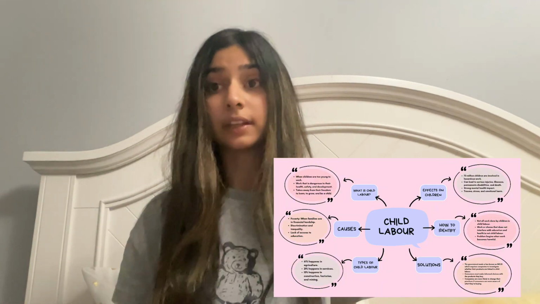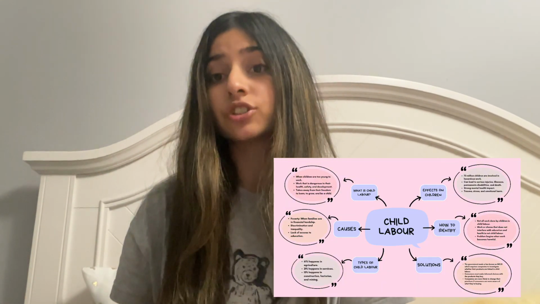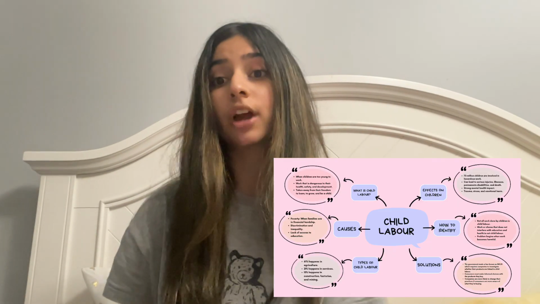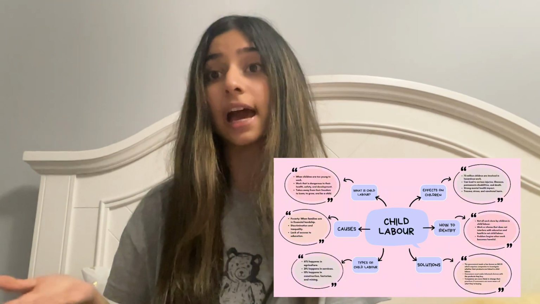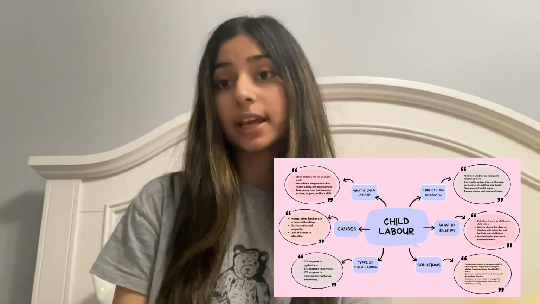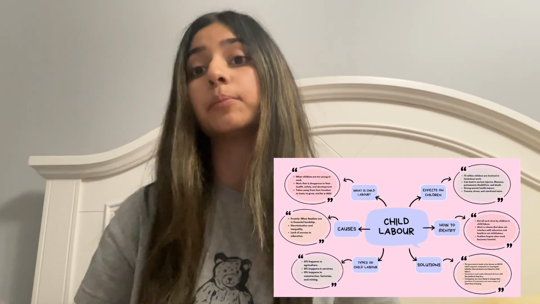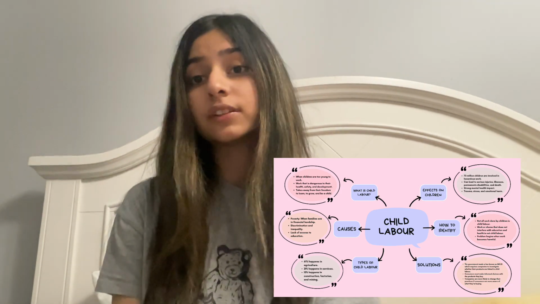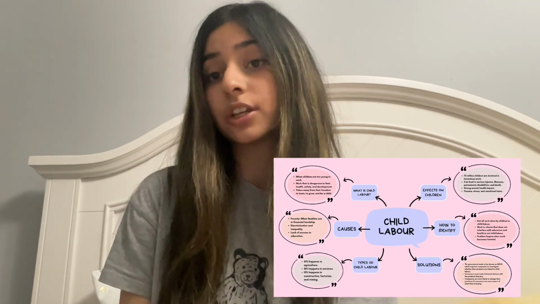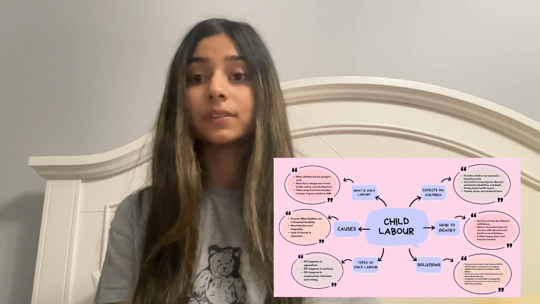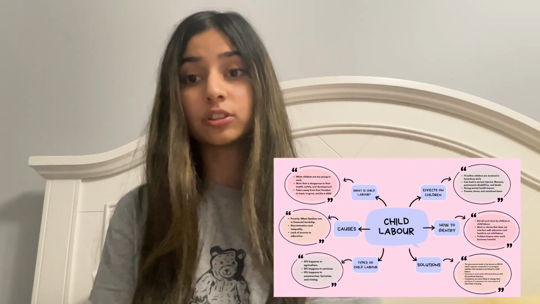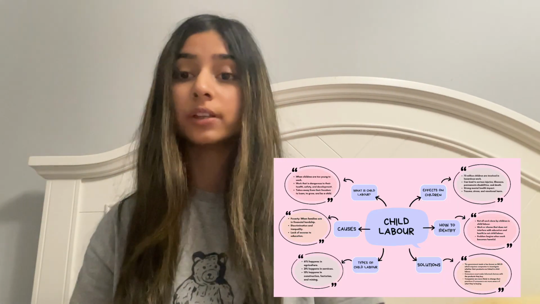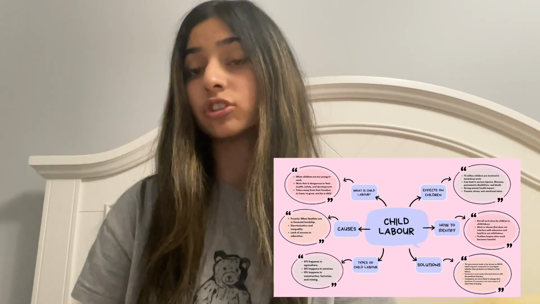And this is how the cycle begins. Limited education leads to child labor, and child labor then prevents future education, trapping children in the same conditions as adults. Discrimination and inequality also play a major role. Children from marginalized communities already face fewer opportunities and less protection, and gender can also influence the type of work that children are pushed into, with girls often likely to be in domestic labor and boys likely to be sent into physically dangerous industries.